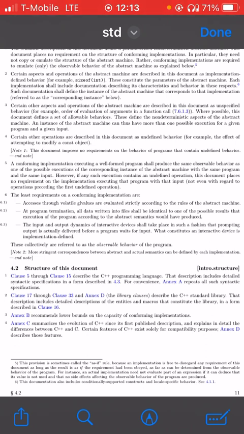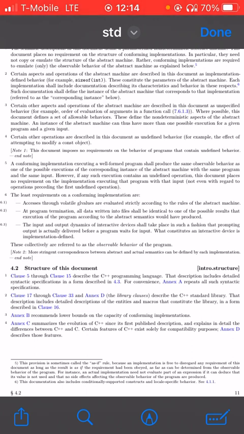Certain other operations are described in this document as undefined behavior. For example, the effect of attempting to modify a const object. This document imposes no requirements on the behavior of programs that contain undefined behavior. A conforming implementation executing a well-formed program shall produce the same observable behavior as one of the possible executions of the corresponding instance of the abstract machine with the same program and the same input.